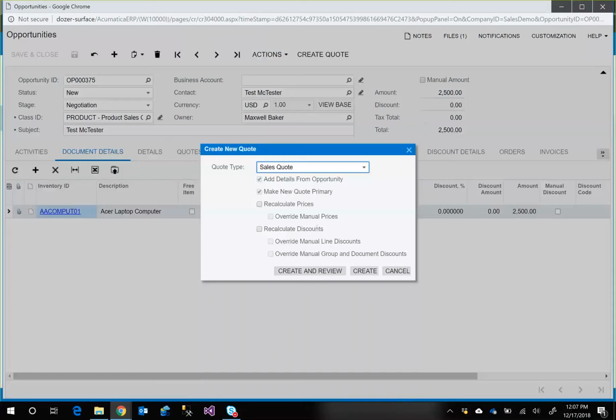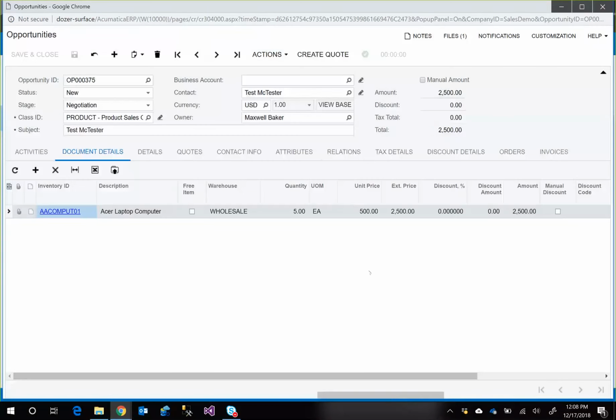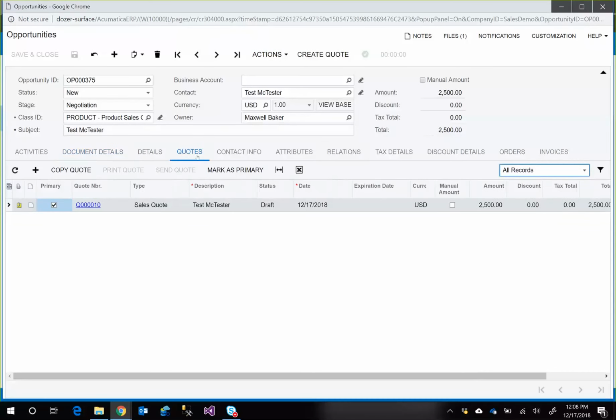And you'll see I have some options around pricing and things like that, but we won't get too hung up on those today. But I can create that quote. Now, I also have the option to create it and then immediately view it, but what I wanted to show is it created this quote here under the quote section. So I can open that quote up,